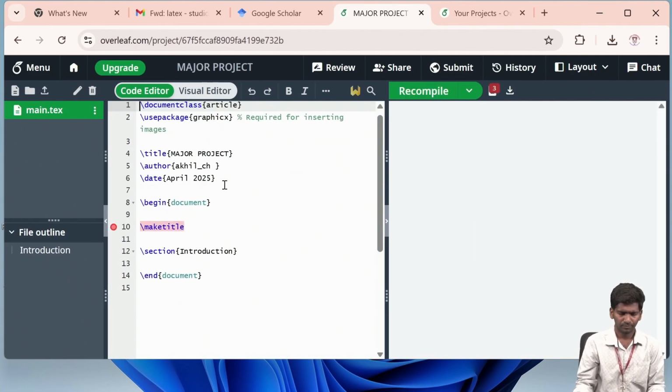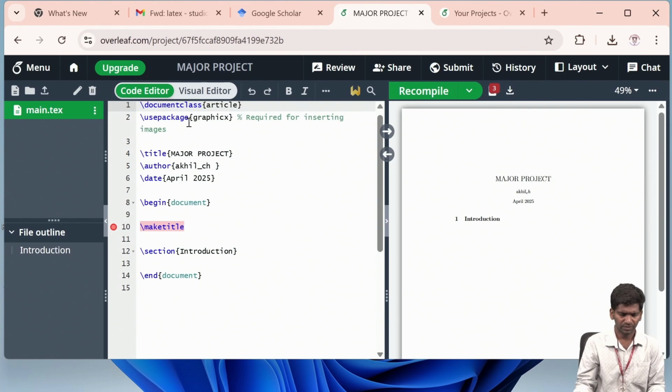Yeah, you'll get a screen like this. This is the place where we write the code, this is the place where we get the output, and this is the place where we can upload files. The LaTeX extension is .tex. So in this Overleaf, I'm going to show